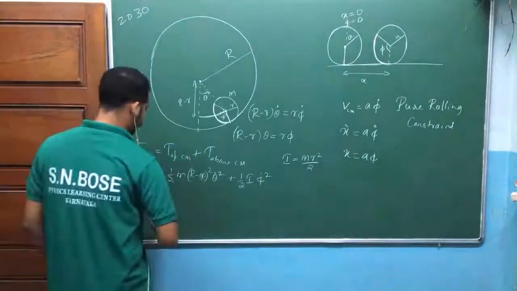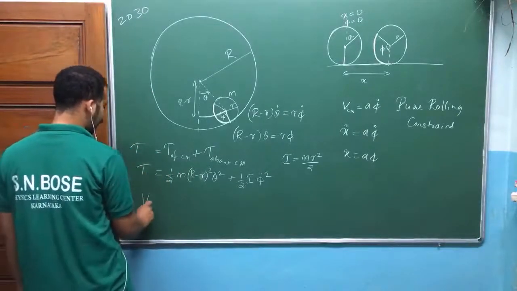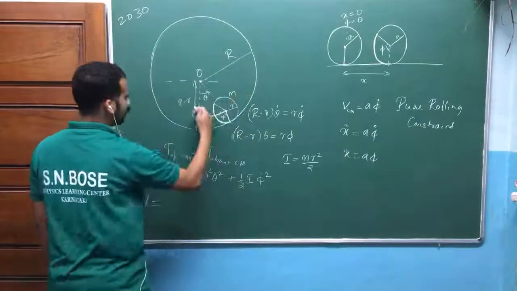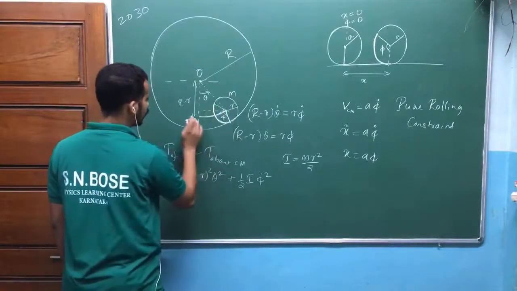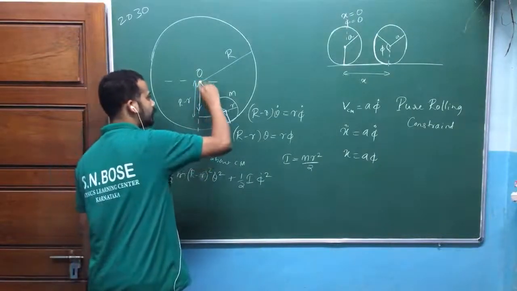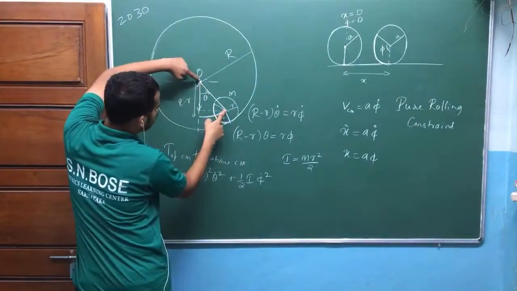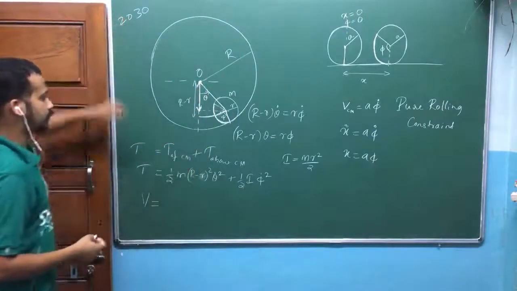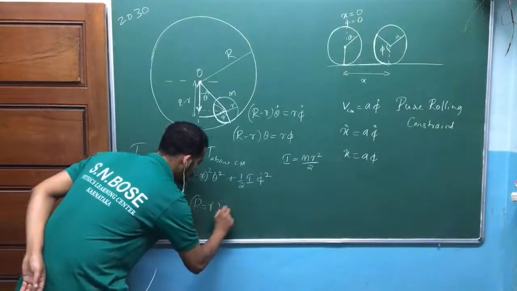Yes. Now look here. I can substitute that later. Now if you write potential energy, if I take this one as the origin, the zero potential level, then this center of mass is below this line. I can write this distance. This distance is R minus small r. I hope you can see this. So this distance is nothing but (R minus r) cos theta. That's why the potential energy is equal to minus m g (R minus r) cos theta.